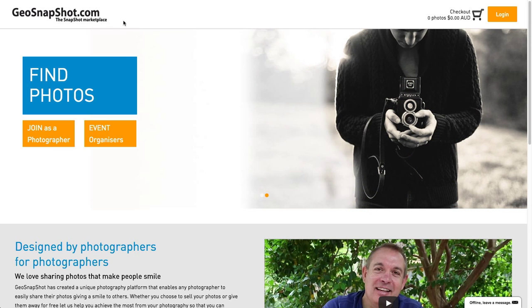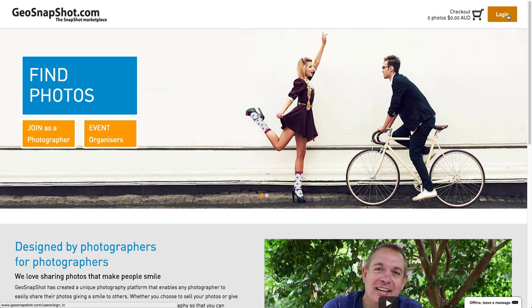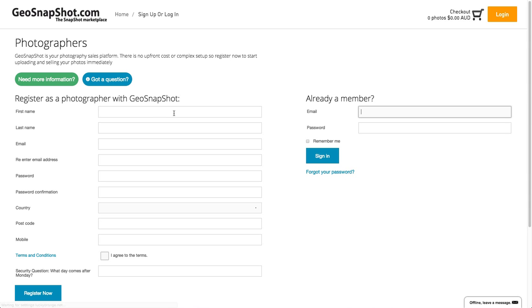So the first thing you should do is come to geosnapshot.com, where you'll be presented with a screen like this. The first thing you need to do is go and register as a photographer to upload your photos. Simply click the login button and enter all the information that's required in this section here. You'll then be sent an email to verify your login details. Once you've done that, simply go and log in here